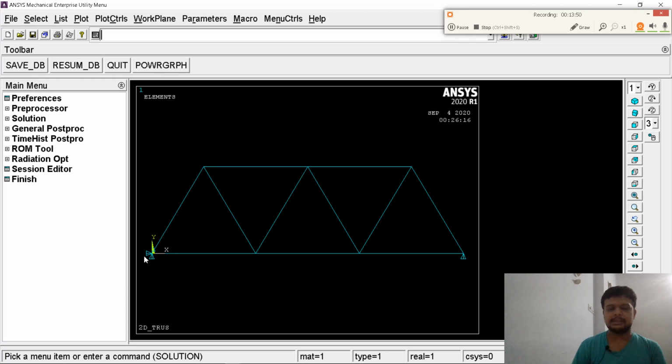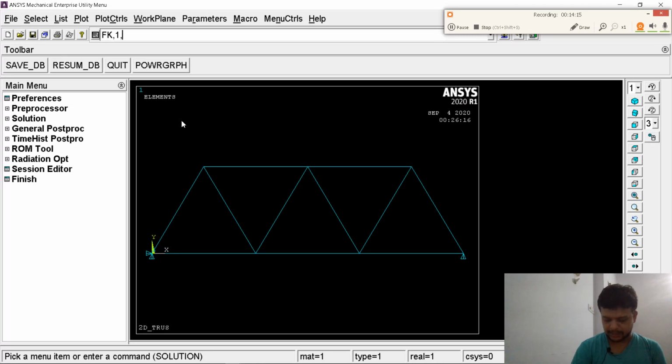Now it's time to apply load on key points. We will apply load at 4 different points, first at origin, second at this point, third at this point, fourth at this point. The command is FK. F is for load, K is for key point. On which key point do I want to apply the first load, key point number 1.